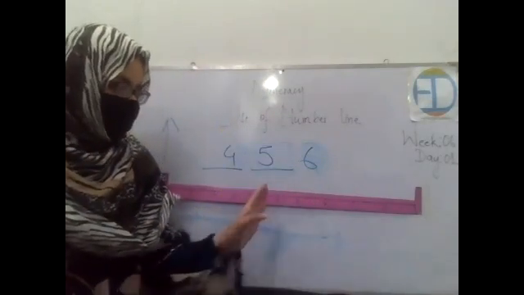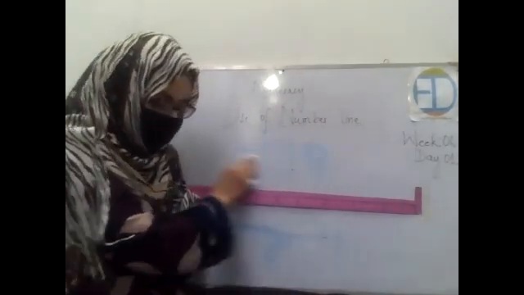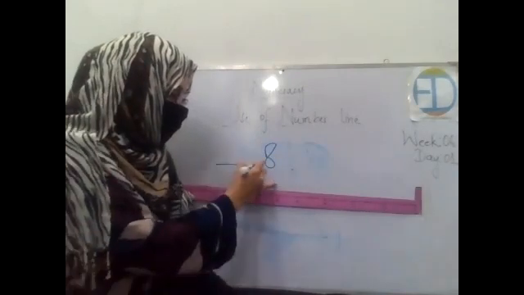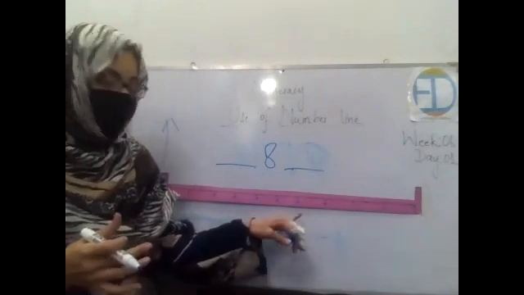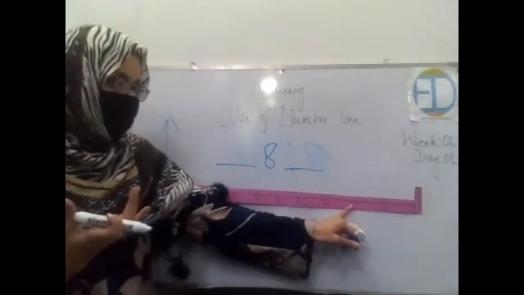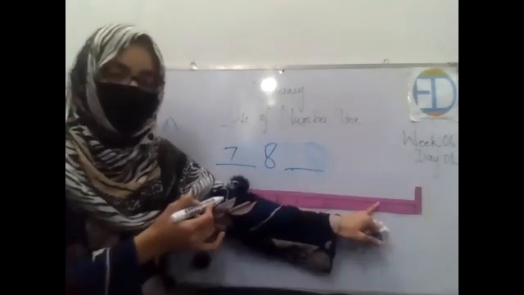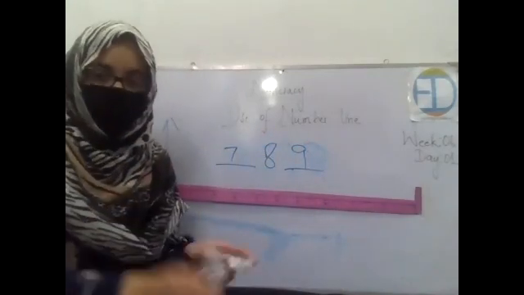Okay, let's do the same practice over here. I write a number for you. Let's say the number is 8. What comes before 8 and what comes after 8? So how will you find that? You will look on the number line that you have already drawn in your notebooks, and then you will find what comes before 8, that is 7, and what comes after 8, that is 9. Got it? Okay, now open your books.